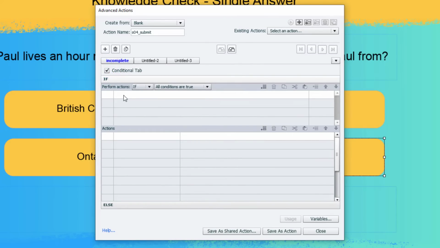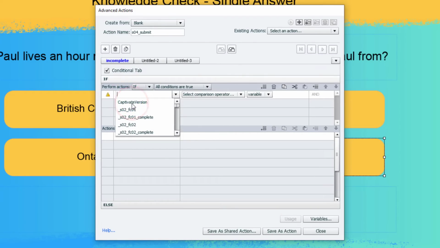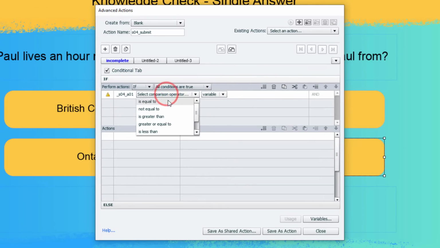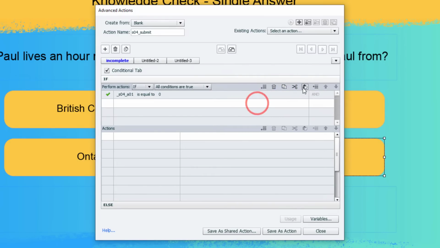And we're going to check the value of our variables. So we're going to take a look at answer 01 and see if it is equal to the literal value of 0. You can do this to save yourself some steps here. We can copy that line and paste it in 3 more times, and then just change which variable we're looking at here. So this will be for answer 2, answer 3,